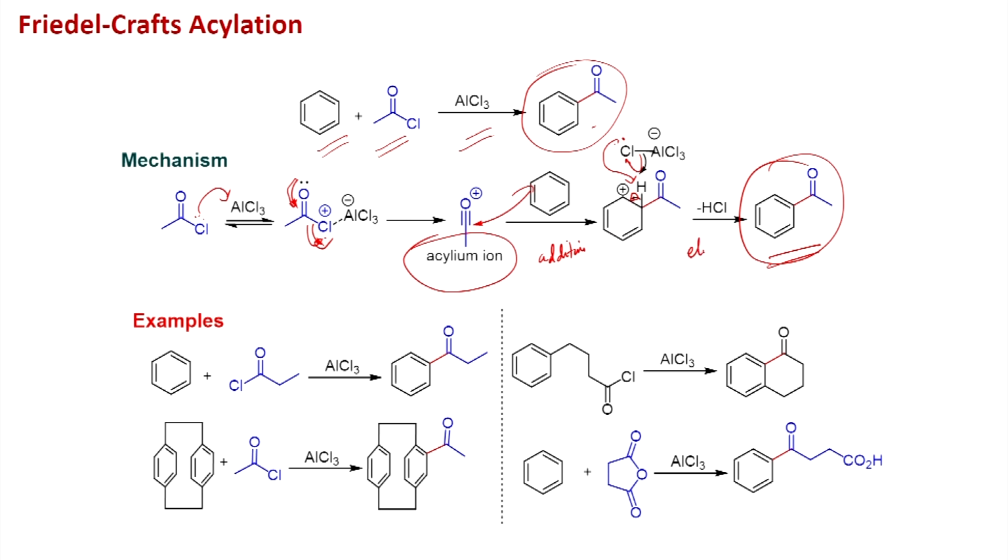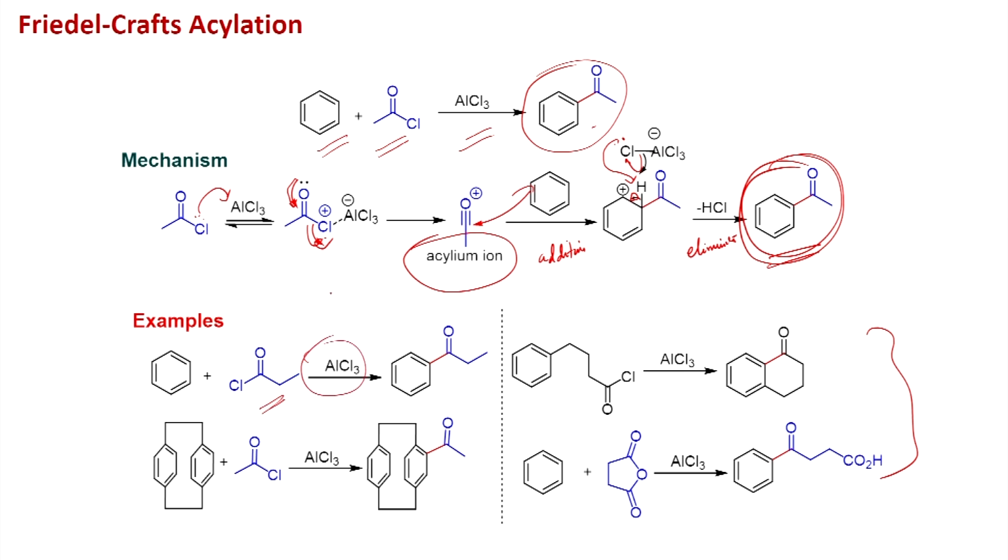and then elimination, cleavage of this carbon hydrogen bond gives this substituted compound as the product, and some examples are shown as you can see. So, in a similar way, here we have seen the reaction of acetyl chloride with benzene in the presence of aluminum chloride, you can get acetyl benzene as the product, and here the reaction of this acid chloride in the presence of